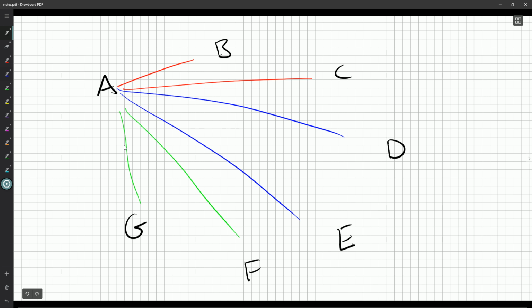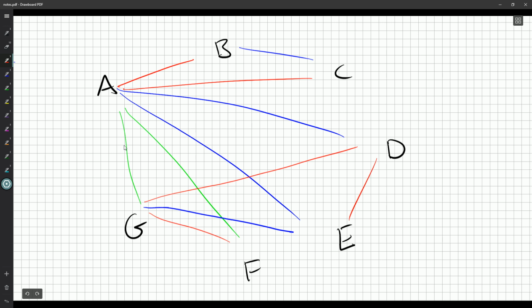And one thing we can do as we start out with this is we could maybe play around and see what we can see. I know this can't be green here, so maybe make it red. Maybe make this one red. Can't have a red up there, but we could try a blue. And we can also try and maximize our number of distinct triples, or diverse teams. Okay, so maybe I've got a red going from A to B, a blue going from A to E, so maybe connect that up with a green. Okay.